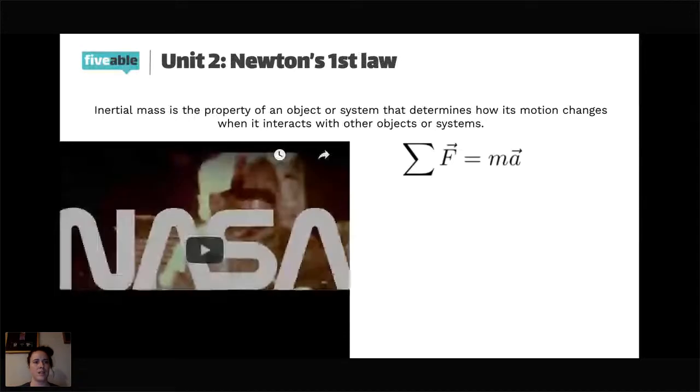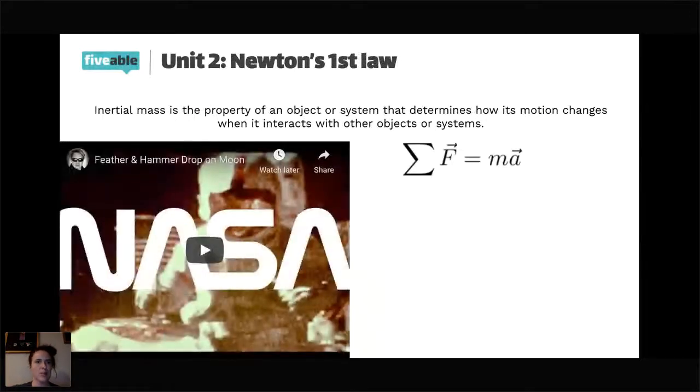All right. Next up is Newton's first law, which tells us that the inertial mass is the property of an object or a system that determines how its motion changes when it interacts with other objects or systems. So basically what you need to get out of this is that your inertial mass does not change, ever. It is an intrinsic property of that matter. So whether you are on Earth, whether you are on the moon, whether you are floating through space in a vacuum, your mass is always the same. And my favorite